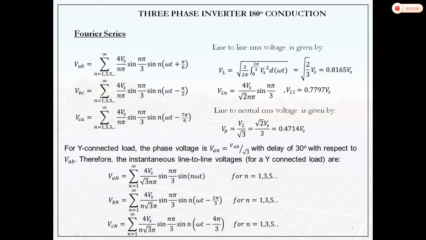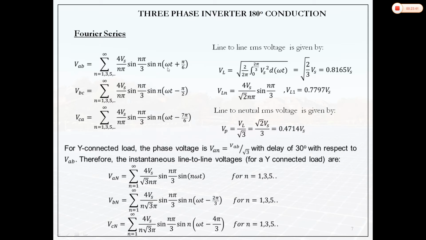pi by 6. Now VBC will be 120 degree shifted from this. Okay, so you have to subtract minus 2 pi by 3 or minus 120 degree. Okay, if you do that, you will get sine omega t minus pi by 2. All other terms remain the same, only there will be shifting. Okay, so this output is shifted by 120 degree from this output. Similarly VCA, you can see it is again shifted by 2 pi by 3 from this. If you subtract in this minus 2 pi by 3, you will get minus 7 pi by 6. Okay, so these are the line voltages,